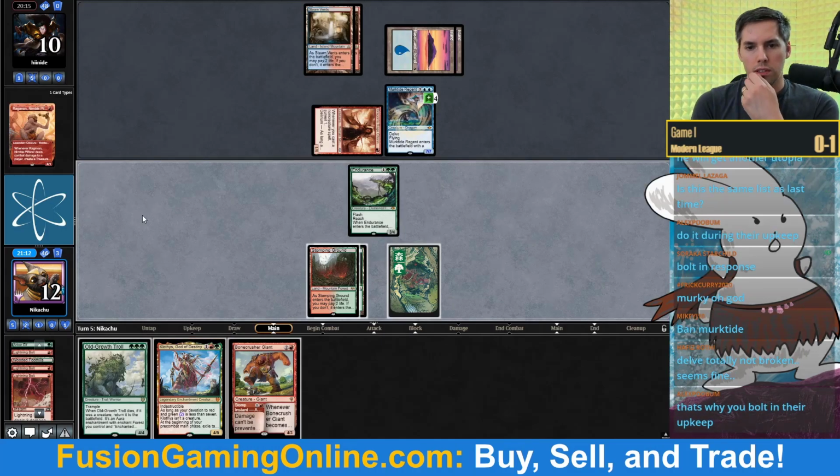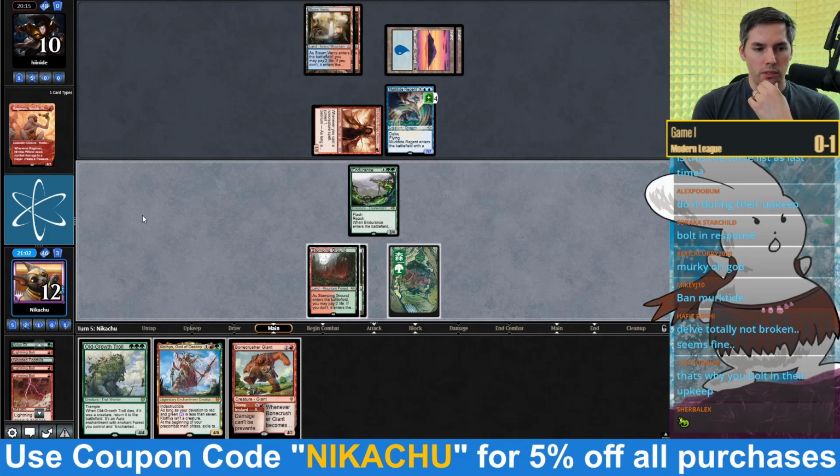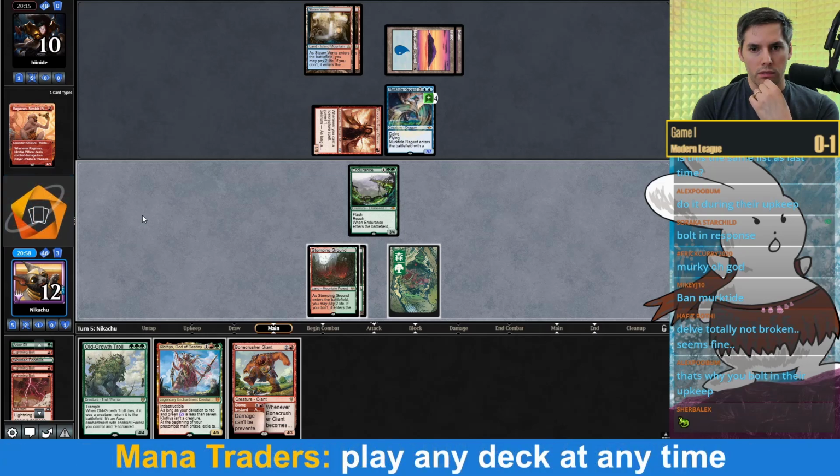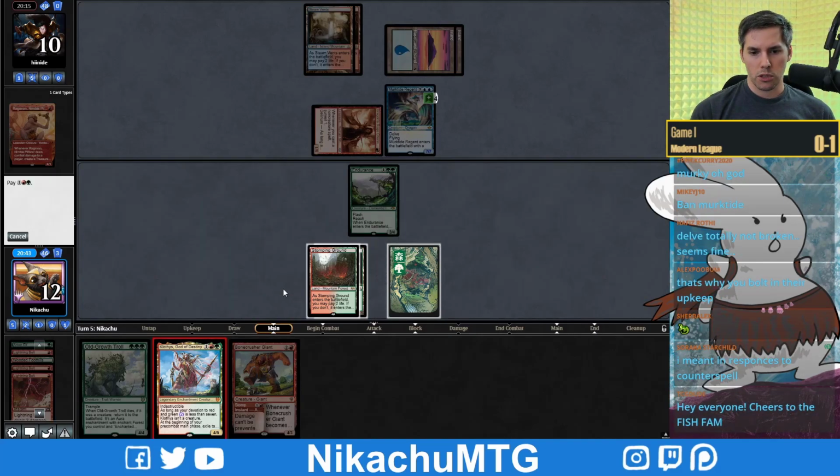Oh, let me think about this. That's why you bolt in their upkeep. I guess, yes. That's true, actually. That's actually really true. I shouldn't be playing this deck so smooth brain. Then they would have been tapped out and they couldn't play Murktide that turn. What do I want to do here? Okay, I think I'm just going to...